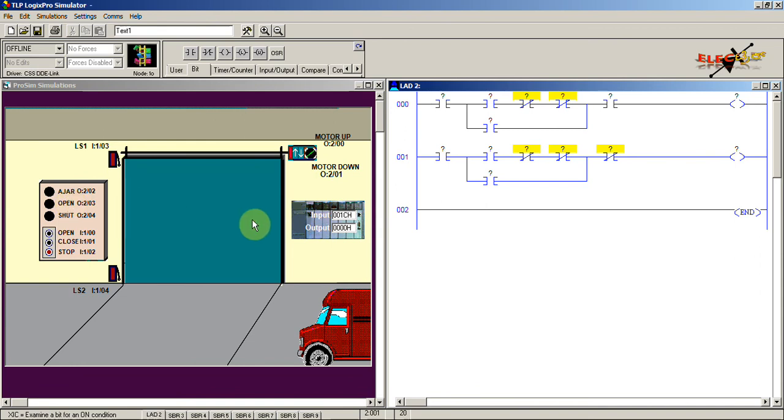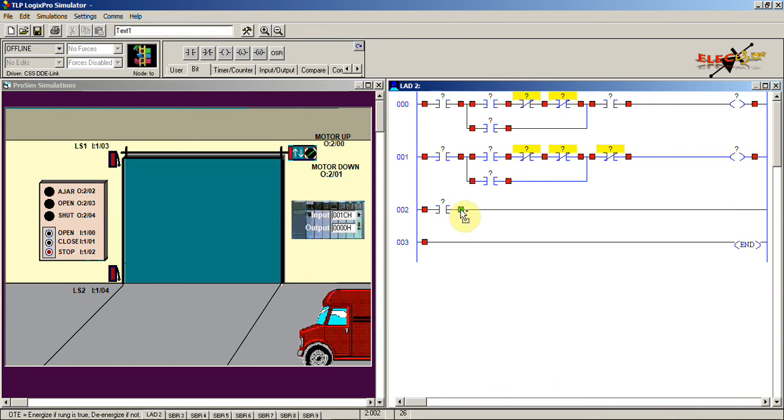So this means half opening of the door. When the door is at any level other than these two limit switches, the door will be in the half open position, so this indication will be provided. For that we will use an examine if closed instruction for the up limit switch, and an examine if open instruction for the down limit switch. Since the down limit switch is in closed position, we have to use this instruction to indicate this half open door. So here this is the output. This particular pilot lamp will be addressed here.